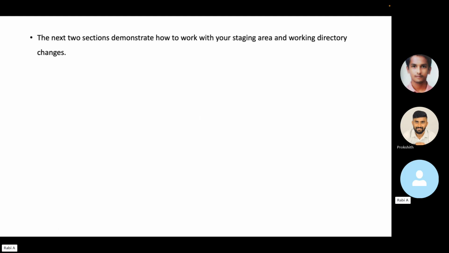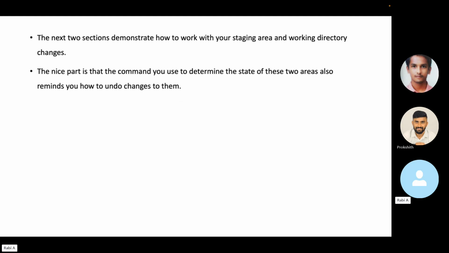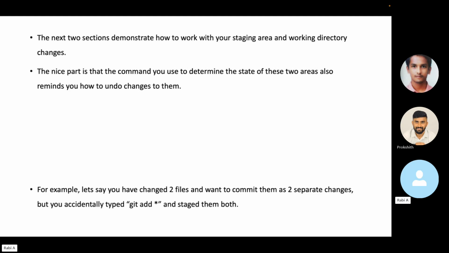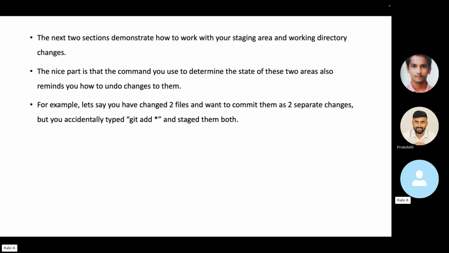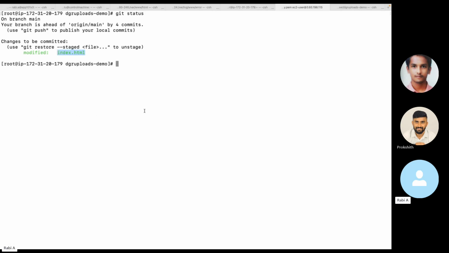So the next two sections demonstrate how to work with your staging area and working area changes. The nice part is that the command you use to determine the state of these two areas also reminds you how to undo changes to them. For example, let's say you have staged two files and want to commit them as two separate changes, but you accidentally typed git add and staged them both. So let's say